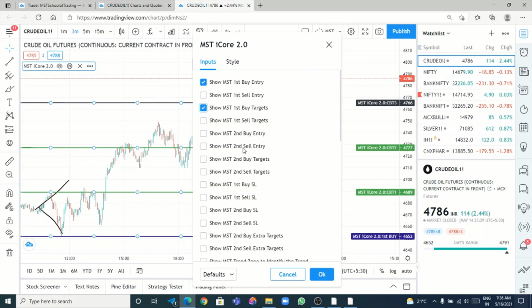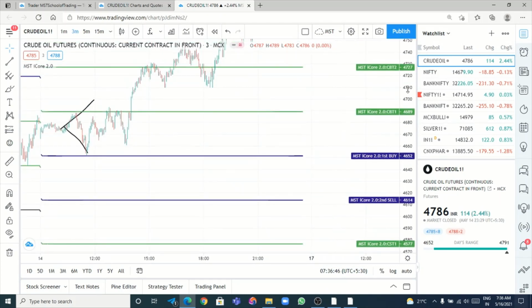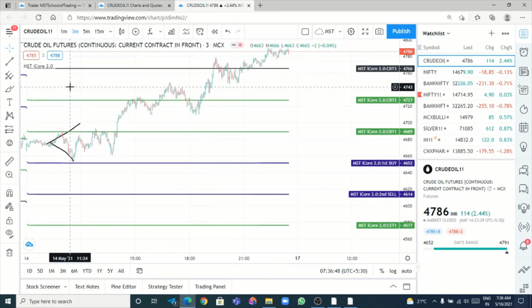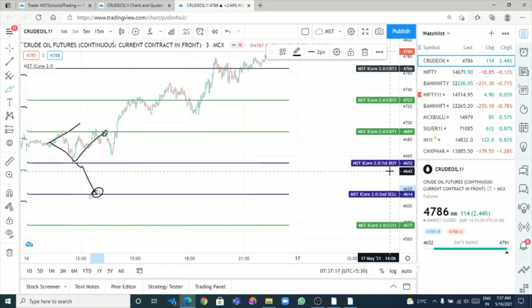Immediately you can enable second sell also, second sell and second sell targets. Why am I asking to enable the second sell here? Because we don't know whether the market will give exactly the targets or not. If the market gives the targets, our task is done, our trade is over, we book the profit and come out of the market. Suppose it is not going to our target level, then we have to be ready with the second entry. Second sell is the entry point as well as the sell point of the first buy.